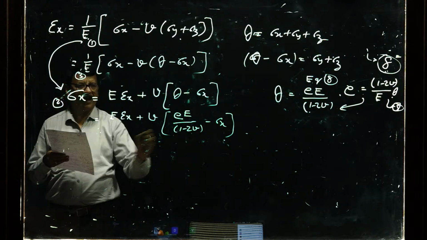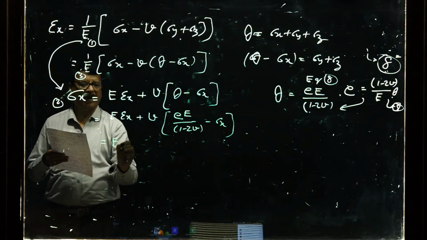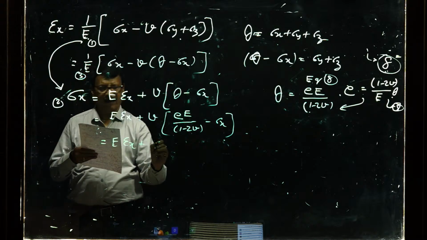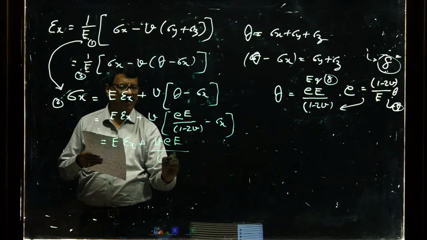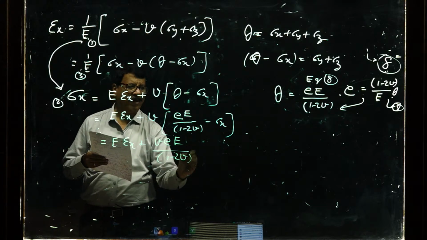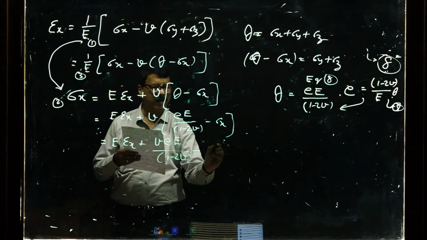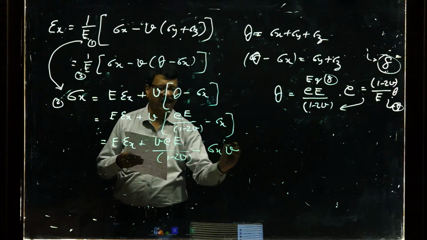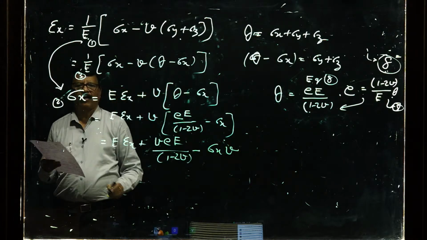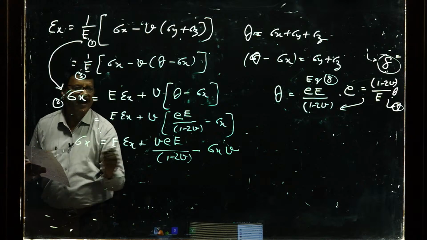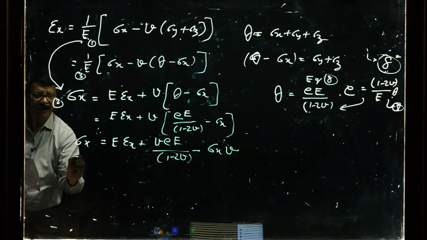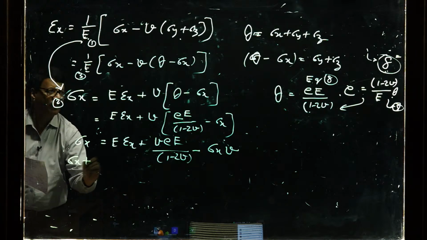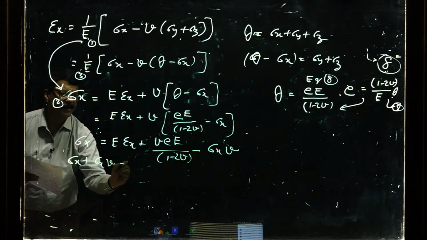Open the bracket. Now take the sigma x on one side. So you will get sigma x plus sigma x Poisson's ratio is equal to